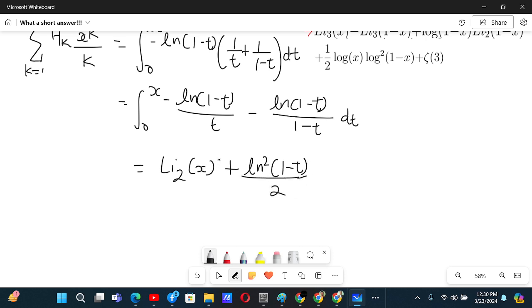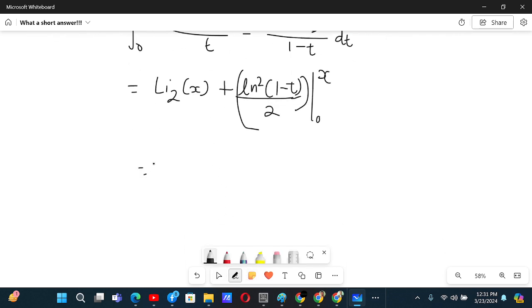And this one is already from 0 to x. I have already evaluated this. Now for this one, the limit is again from 0 to x. So that will give us Li2 of x plus ln square 1 minus x by 2 minus ln square of 1, that's 0. So this is the answer for the integral from